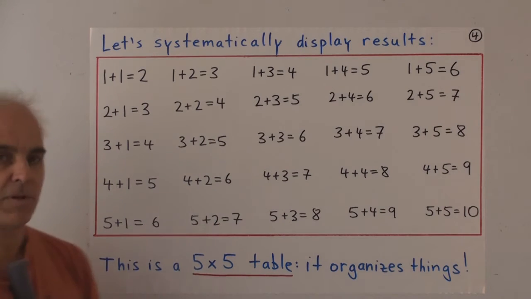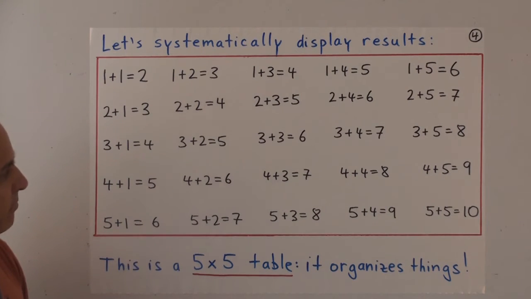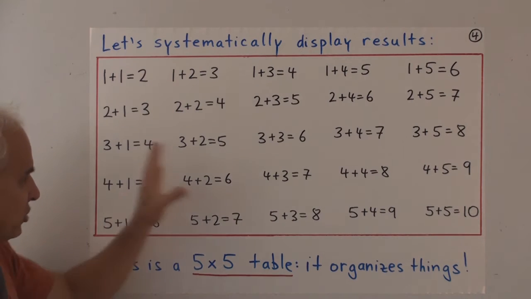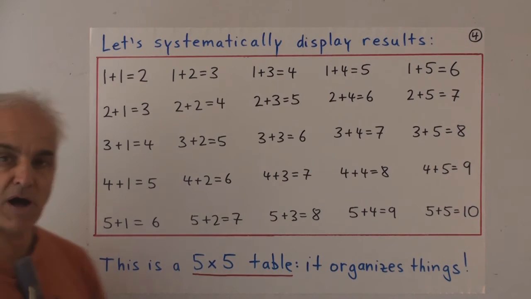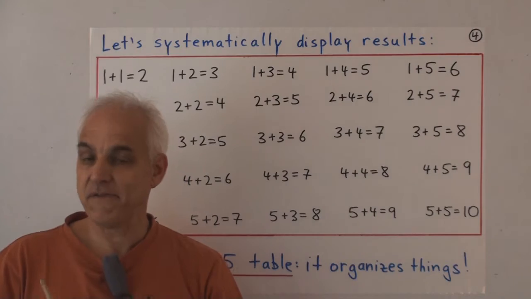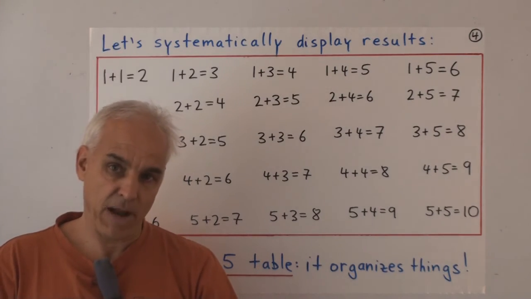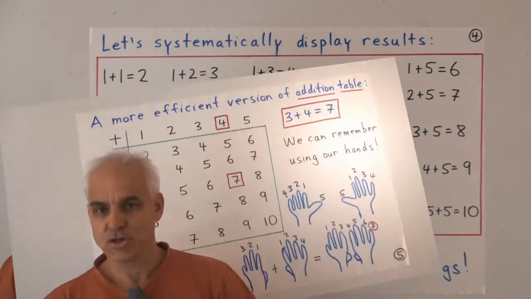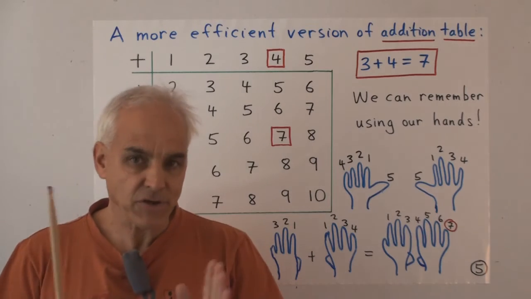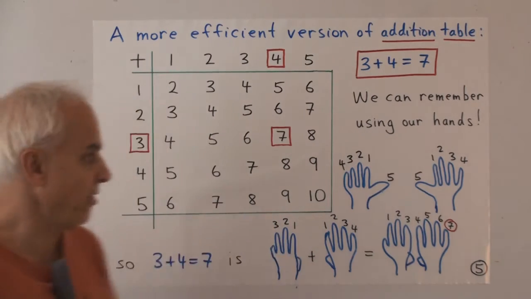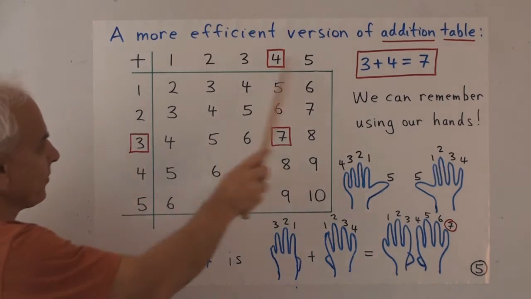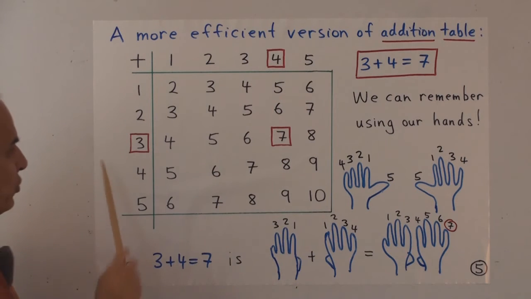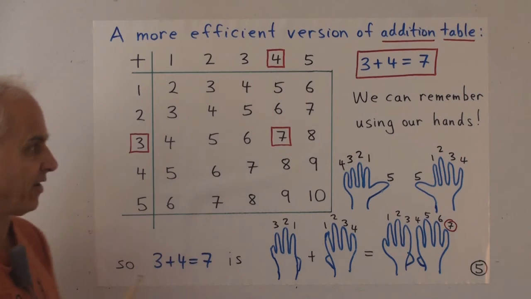Let's rewrite this table in a little bit more attractive way. There's a little bit too much in this table, and it's possible to make it more efficient and therefore perhaps easier to remember. So here's this more efficient pared down version of this addition table. Here it is right here. So let's have a good look at this, make sure we understand what this is telling us.